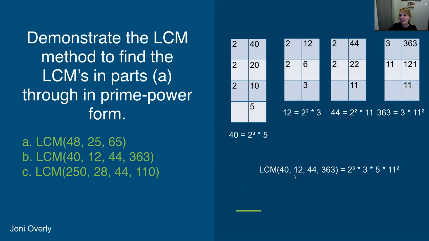So therefore, your least common multiple of all of these is going to be 2 to the third times 3 times 5 times 11 squared. And you're going to use now